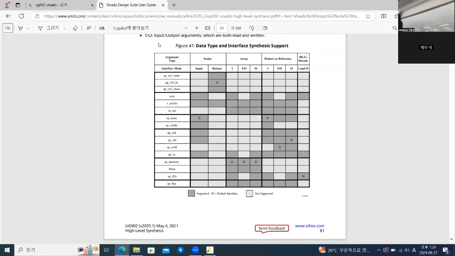Let's see. We have an array, and what's the default type of interface for an array? A memory, right? We assume that we have another IP storing the memory. In our case, we don't. We want to read data directly from the DRAM. So what should we do? Well, it seems that for the array we can use